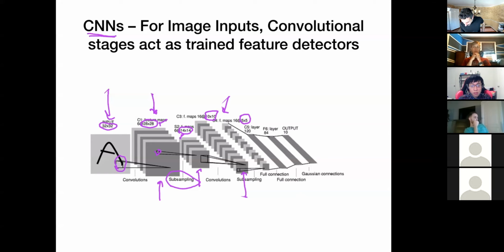So here you have a fully connected network in order to generate your outputs. And these outputs are basically the classes that you have. Like in this case,